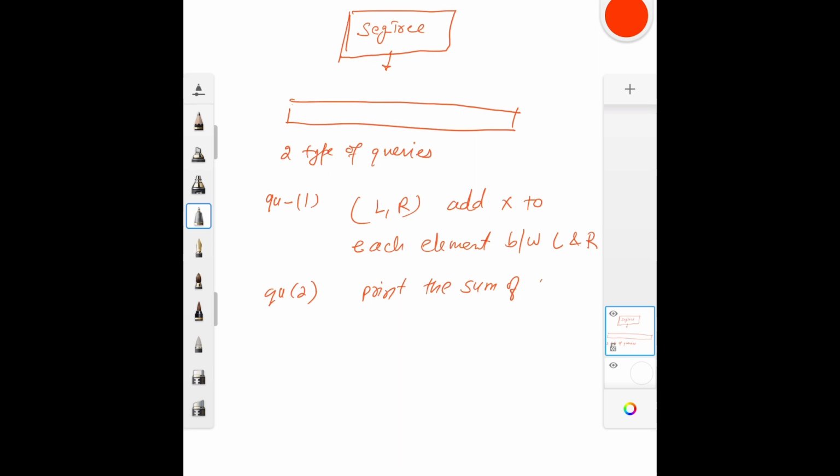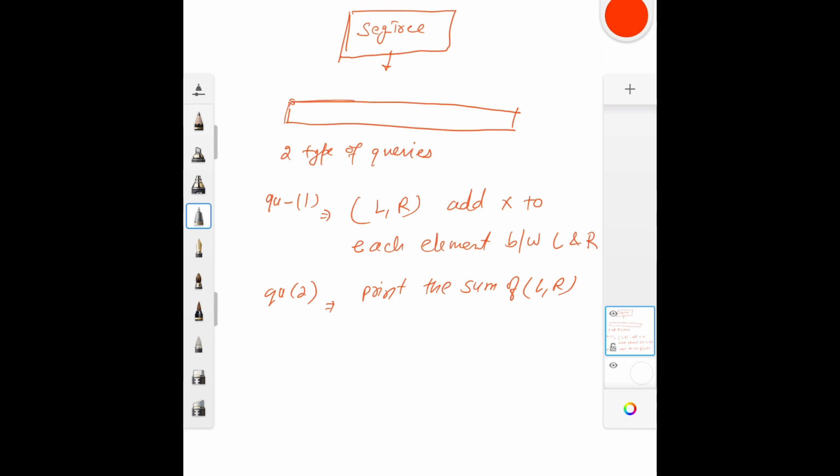of L to R, which in our case we will need just one element, so we can say y to y, right, when we are asking for the yth. So we can say print the sum of L to R, and yeah, that's it. Those are the two queries we want to ask, and this black box segment tree can do.